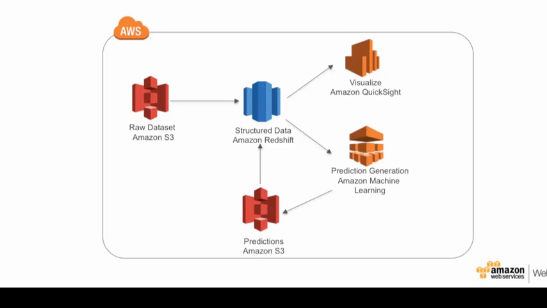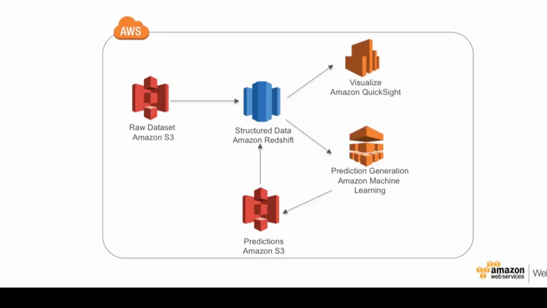To give you a bit of background about the problem, every year approximately 20% of the flights are either delayed or canceled, costing travelers billions in time and money. The focus of this demonstration is to analyze massive amounts of data to predict whether or not a flight originating in Chicago is going to be delayed. Before we dive into the demo, let's take a quick overview of the architecture behind this